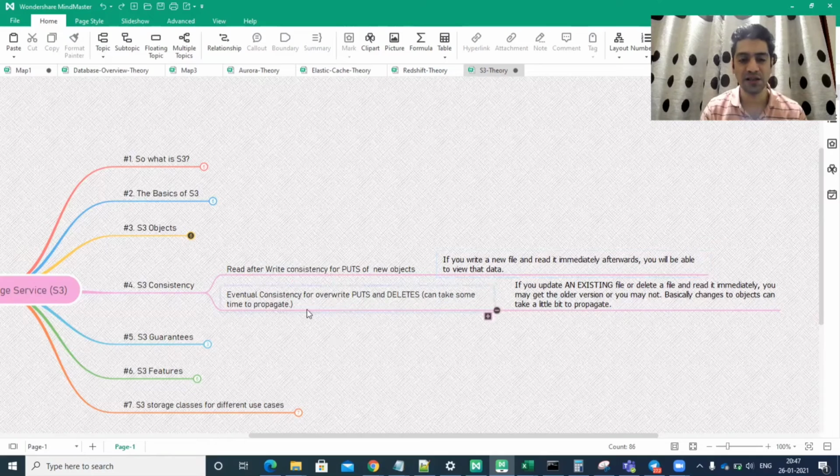The other type of consistency model that we have is eventual consistency. This consistency model comes into the picture when you are overwriting an existing file, so overwriting a PUT, or when you are deleting a file. You can remember this consistency model as a 1 second delay. It means that when you are modifying or deleting a file, it might take a second of delay for